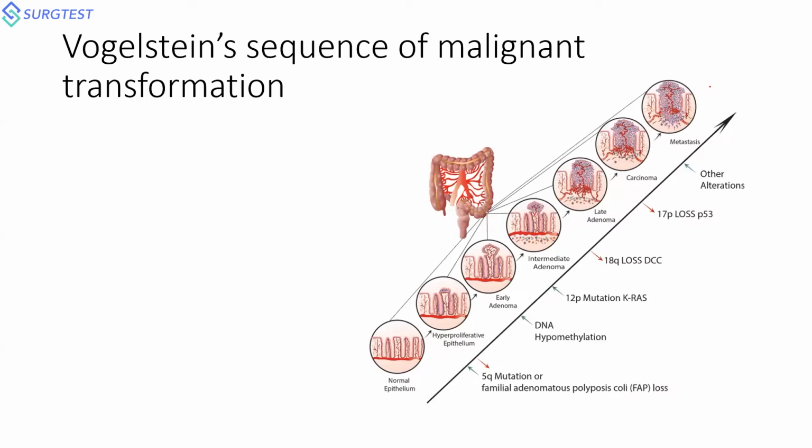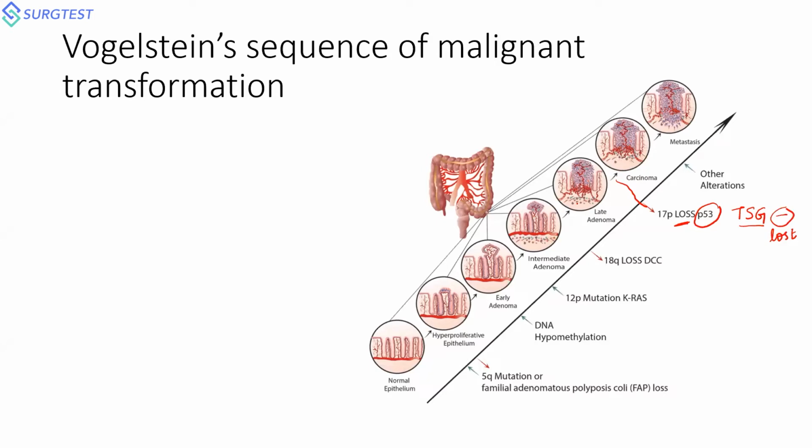I would take one particular example, your P53. We all know this is very simple. It is your tumor suppressor gene. So as the name implies, your tumor suppressor gene has to be inhibited or it has to be lost. That is being mentioned here. There is loss of P53 for transformation of a late adenoma into a carcinoma. This pathway will require loss of your tumor suppressor gene so that uncontrolled proliferation will be there. There will be no cell regulation.